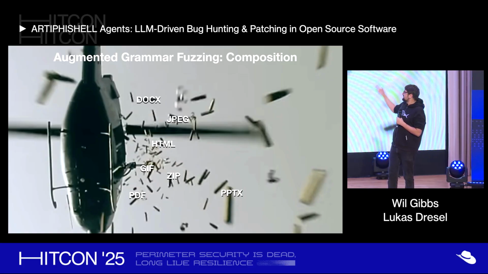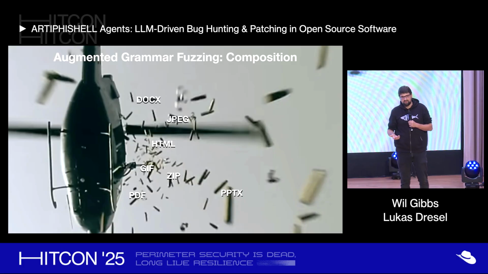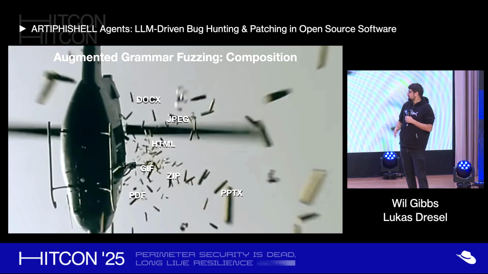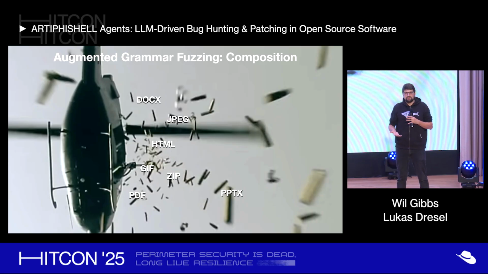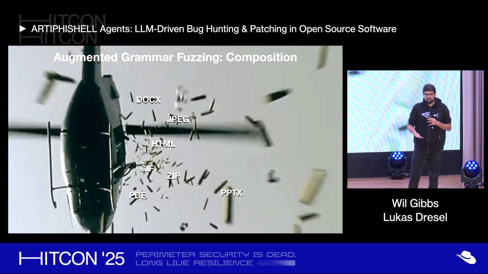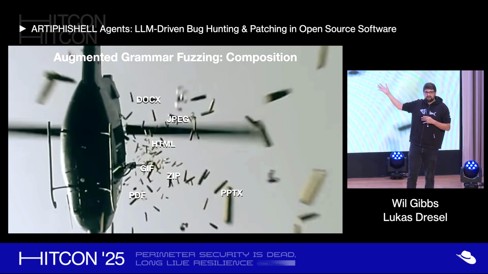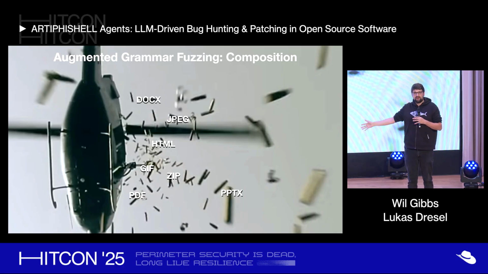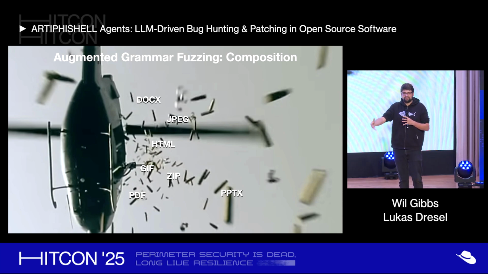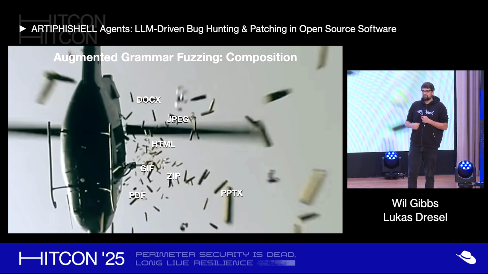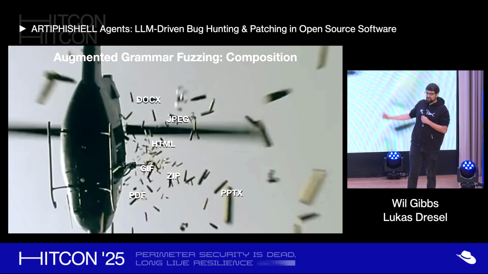And so one thing we did is we augmented the grammar fuzzing with what we call grammar composition, where these file formats in open source projects exist and have existed for a long time. We know what a lot of them will look like, and we can manually write and pre-create and curate a lot of grammars for these file formats already that have that fuzzability property, that are generative enough to really explore the state space within an application.